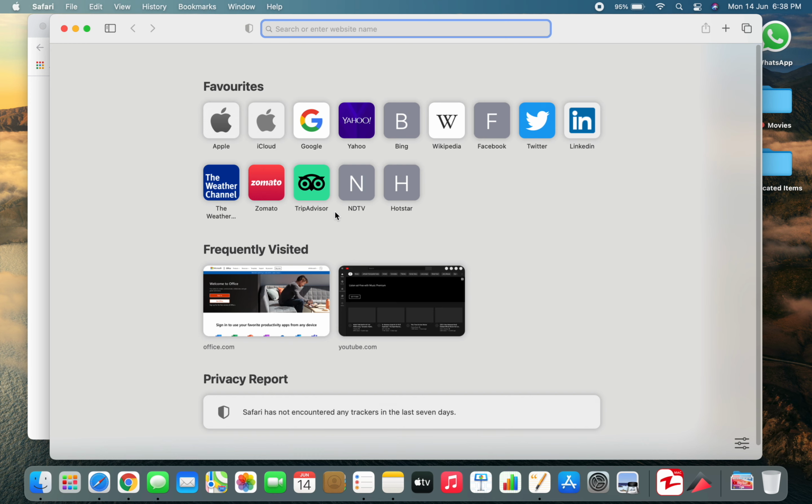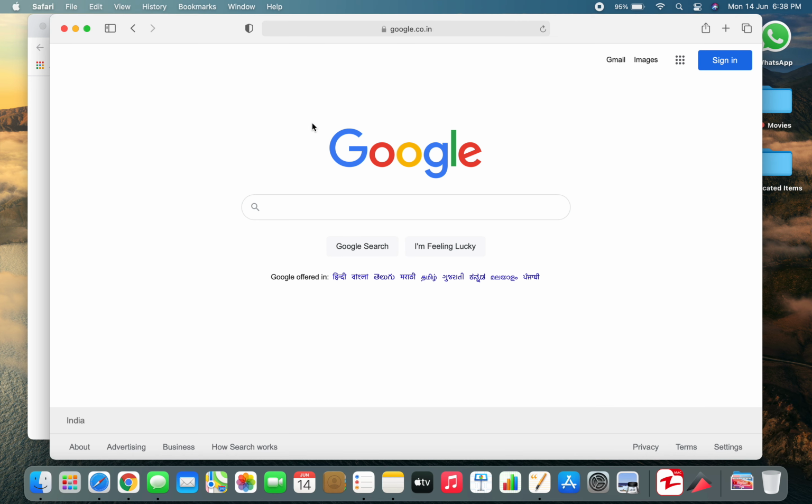Now another thing is on Safari, I am going to show you how you can add tabs. So there are some other systems, Safari works in a different way. Let me show you how. So here we have opened Safari. It's a very good browser from Apple, and I am going to press Control plus Tab. So let me show you how you can do Control plus Tab, and I can bring about many tabs here.